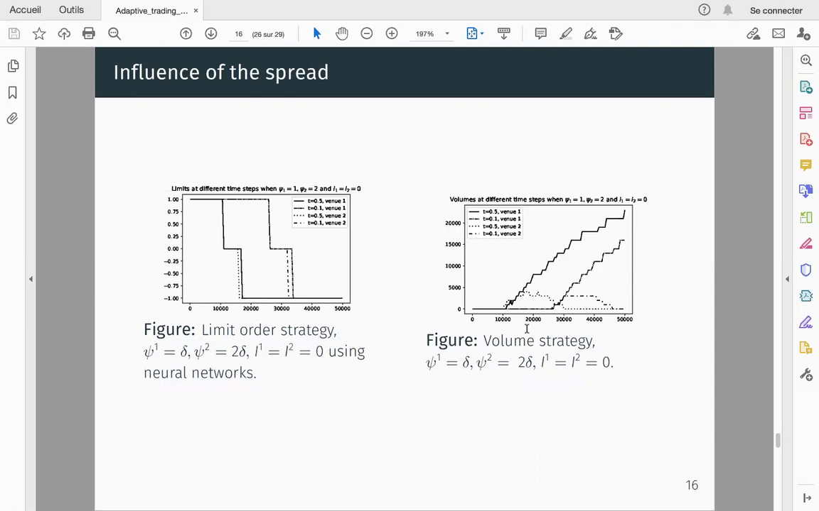So in this slide, we assume that there is a higher spread on the second venue. There is a 2 tick size on the second one and a 1 tick size on the first one, and both venues have the same imbalance. So if you take t equals 0.5, for example, it is the same for